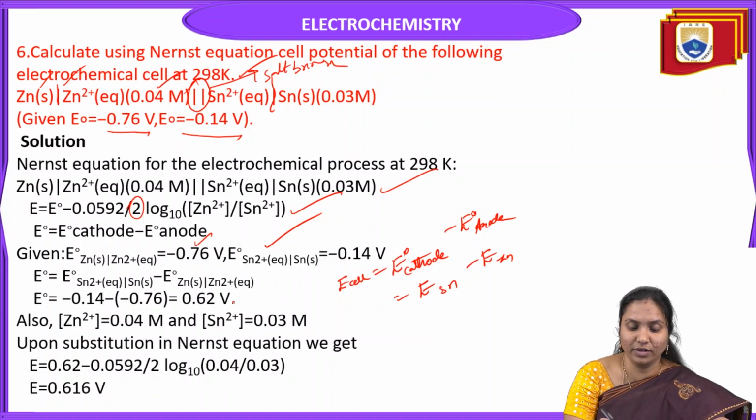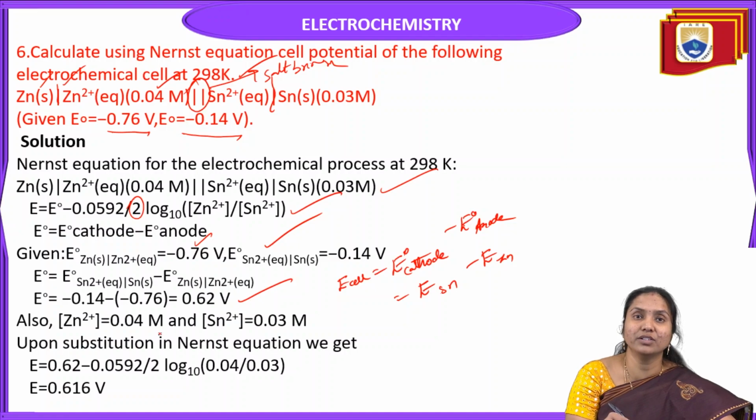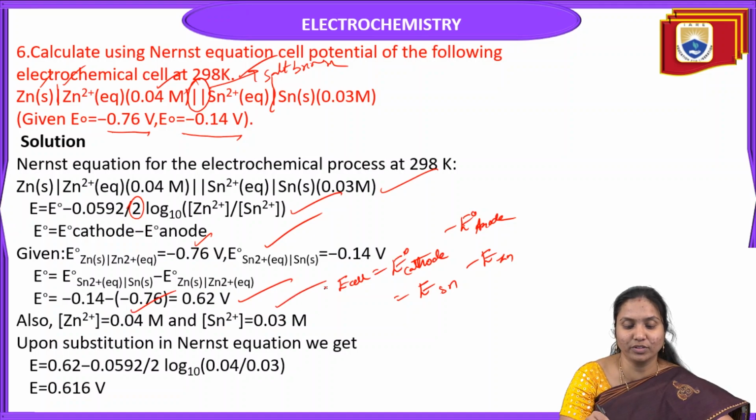So here we substitute the standard electrode potentials of tin and zinc, and we get 0.62 volts. So the EMF of the given cell is 0.62 volts. Also, the concentrations are given here: zinc concentration is 0.04 M and tin concentration is 0.03 M. So upon substitution in the Nernst equation we will get the answer. So what is the Nernst equation? Already we know that